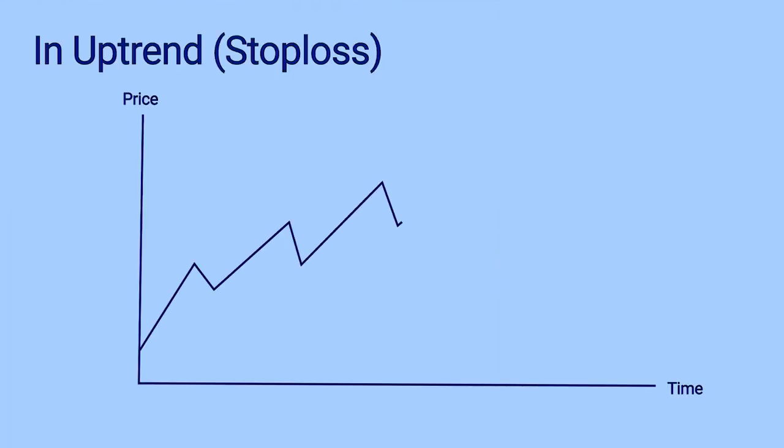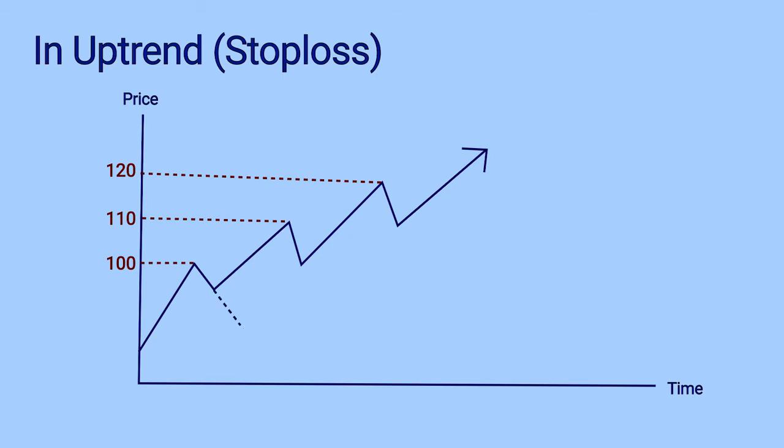Now stop loss is a new word for you, right? Let me introduce the concept. When you are buying a stock, you are taking some risk and you are doing it for some purpose. Suppose you are buying at 100 rupees, you want the price to go to 110 and 120 and you want to sell higher. But the market can actually go lower. So for a 10 rupees or 20 rupees price profit, you should have a defined stop loss. That means where you will exit your position and book losses.